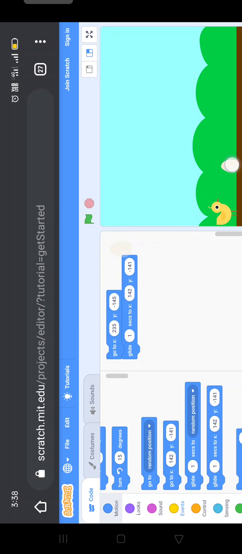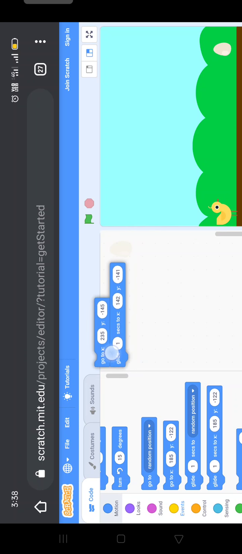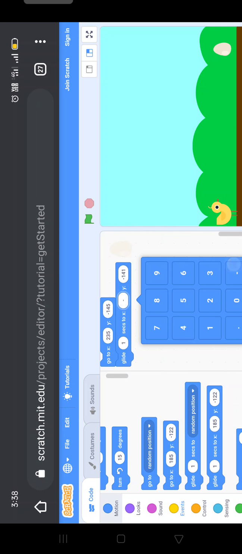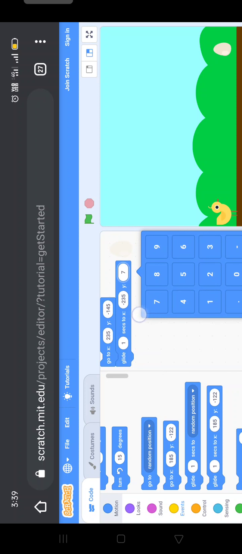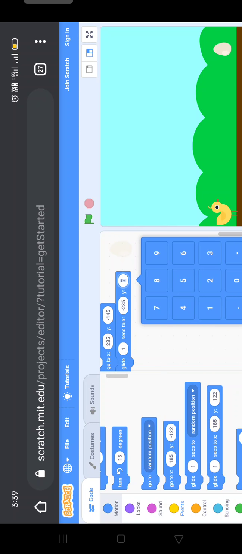From here to here we want to move the egg, right? So we take glide to X, Y. Here the X value you have to take as minus 235 and the Y value as minus 145.